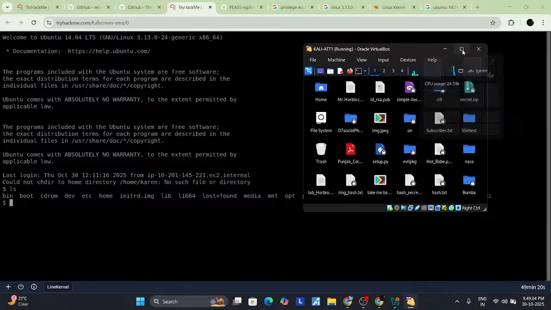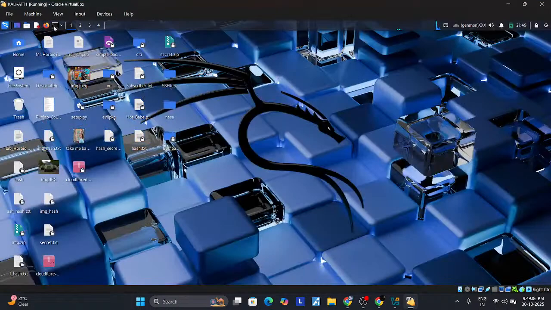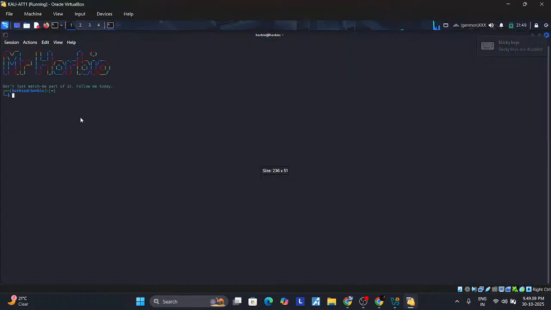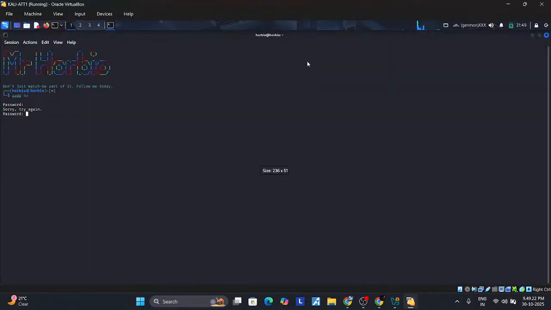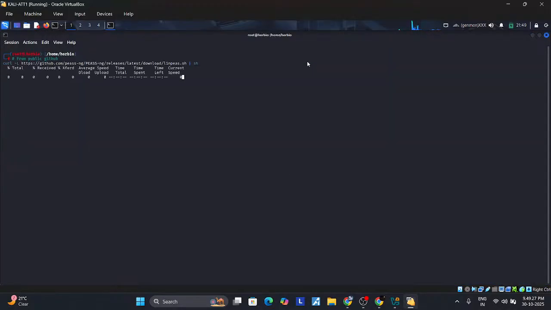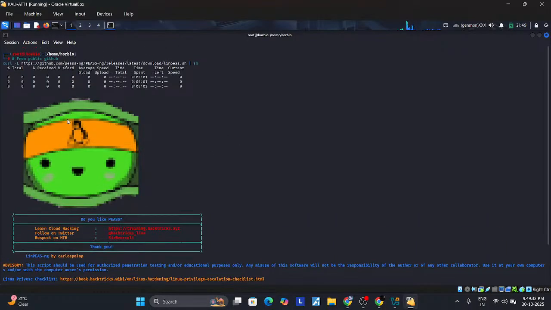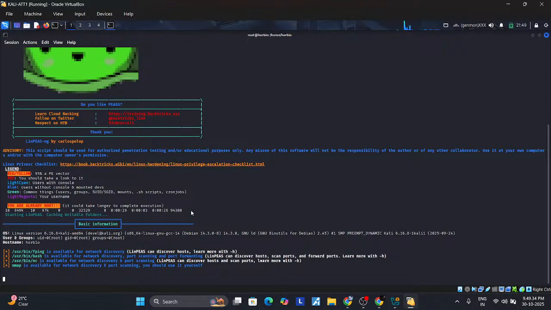So now it's login and try to install it. So first of all, just go to here and sudo su. Now just download here. Okay, so see, here is our linpeas tool and it is running right now on my system, and